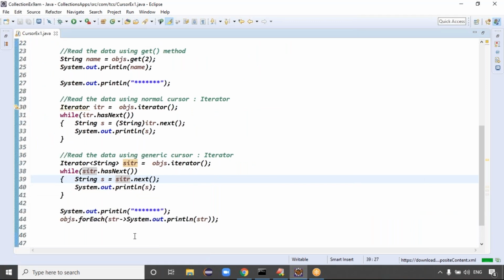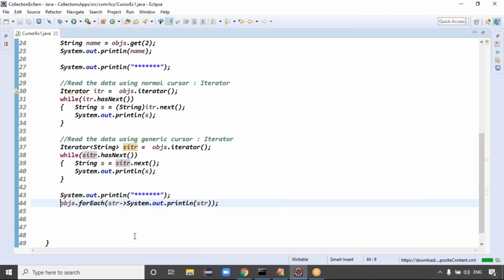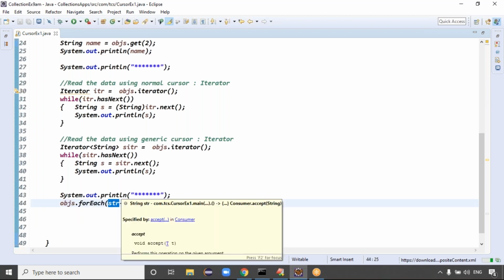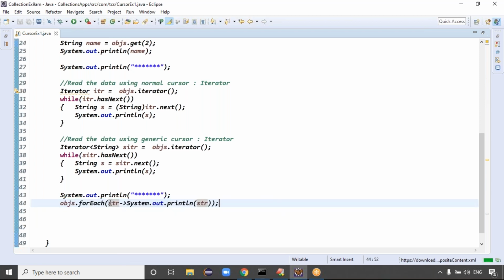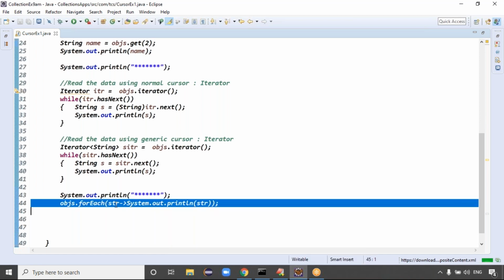Okay, sir, clear now? You're getting the str. So you're getting this str from which loop, sir? Line 44, in the System.out argument, right? So exactly where are we trying to read this argument from? That is the accept method. See, this is the implementation of which method? The accept method. So the forEach loop is calling which method on the given objects? The accept method.